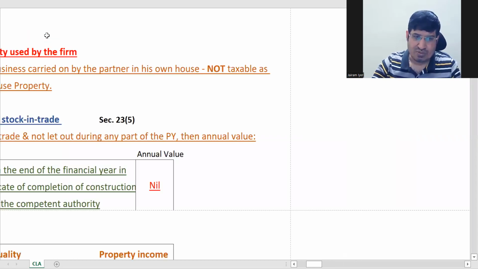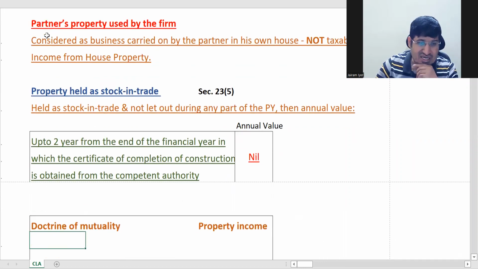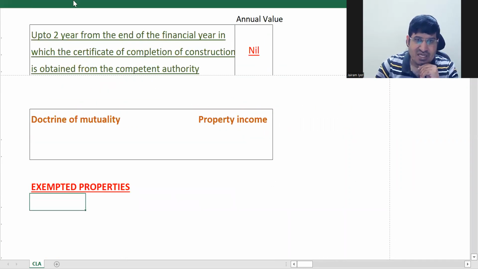Okay. So this is your property held as stock in trade, right? And then you have got